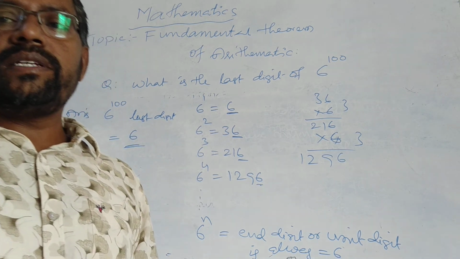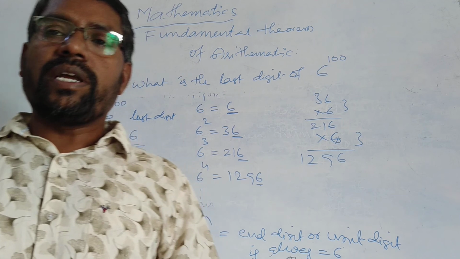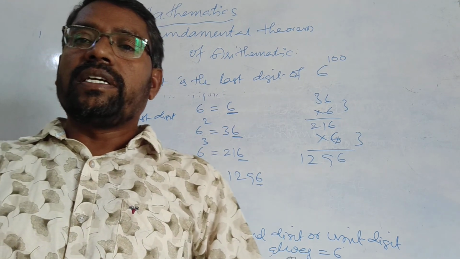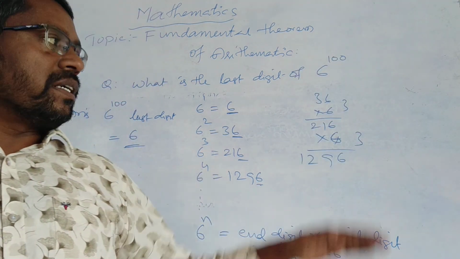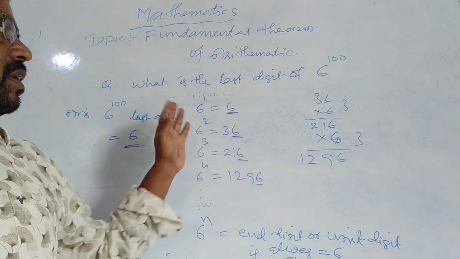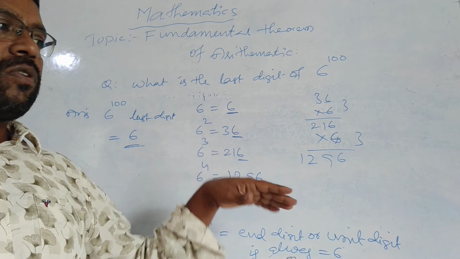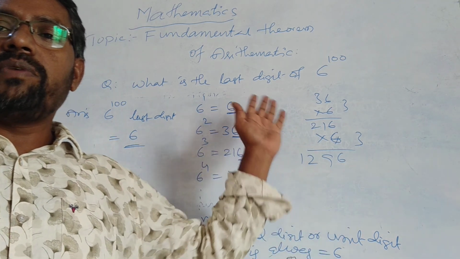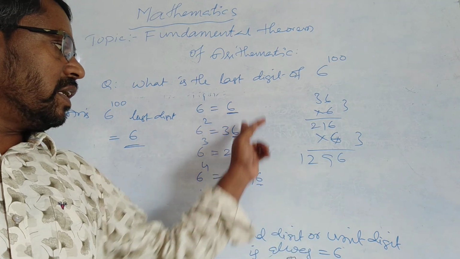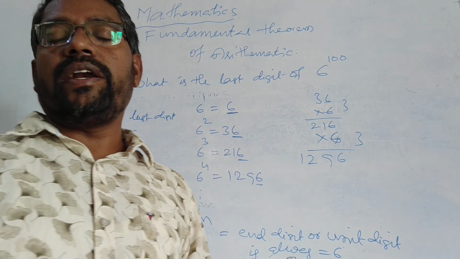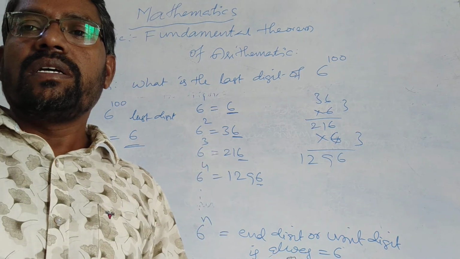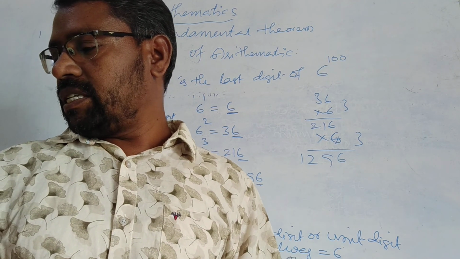Children, you may try like this with other examples from your regular exercise. You can take your own examples also. You will get the answer in an easy manner. So just observe the patterns you are getting here: 6 power 1, 6 power 2, 6 power 3, 6 power 4, 6 power 5, whatever you take. Observe the pattern in the last digit or end digit. You will sometimes get this in objective questions in 10th class. That is in your 1.2 exercise.